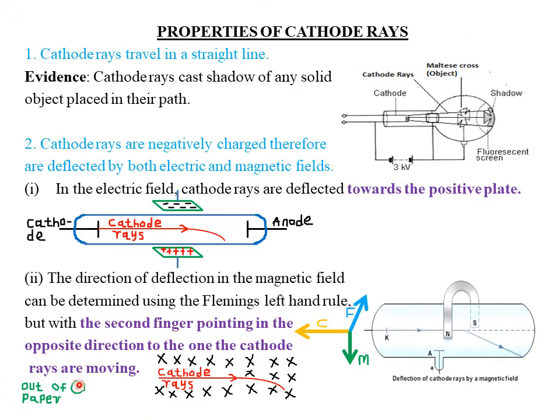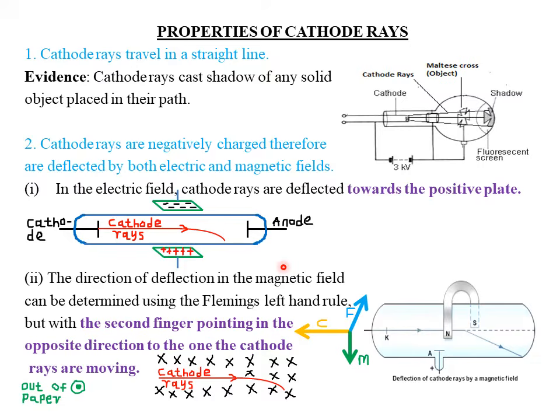Then whenever you see a dot which is encircled, it means the magnetic field is moving out of the paper or out of the screen. So in such cases, you will point your first finger towards yourself, that is out of the screen. Then the second finger in a direction reversing the direction of the cathode rays. Then the direction in which the thumb will be pointing, that is the direction in which the cathode ray will